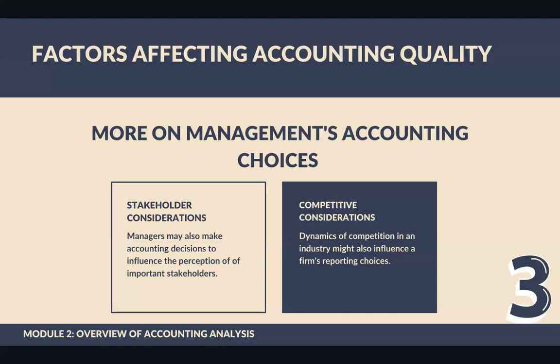So basically, what we're saying is that the presence of human will and the power of choice actually affects accounting quality. In the next video, I'm going to be discussing the second half of this module,